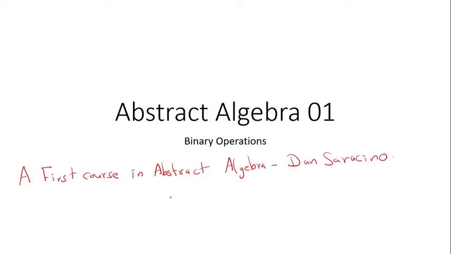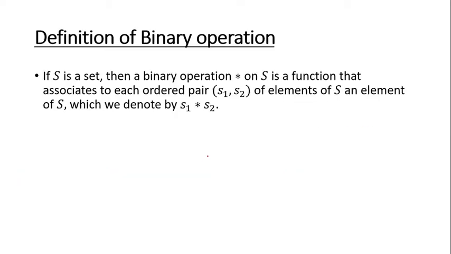First we are going to discuss what a binary operation is. Binary operation is the basic thing that you need to know if you are going into detail in group theory, rings or fields. It is one of the most important things in abstract algebra, so I am going to begin from there. Let's see what a binary operation is.